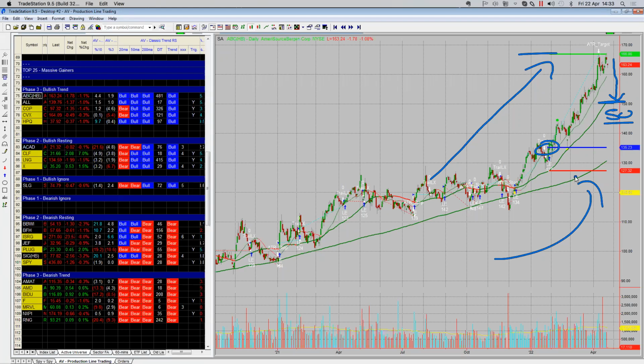Patience is the name of the game. This is what makes it hard. This is waiting patiently for the crop to yield. We want to be a farmer in this metaphor. We don't want to be hunting and flicking through chart after chart after chart like a mindless zombie trying to find the next meal. We want to be a farmer.